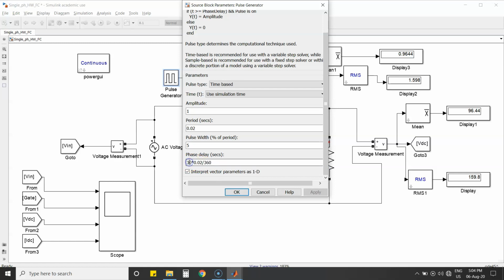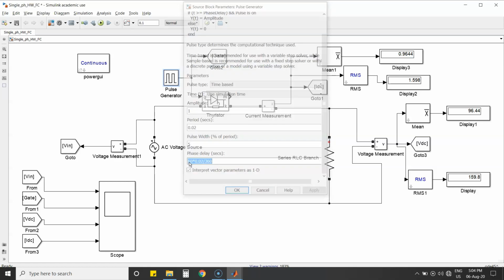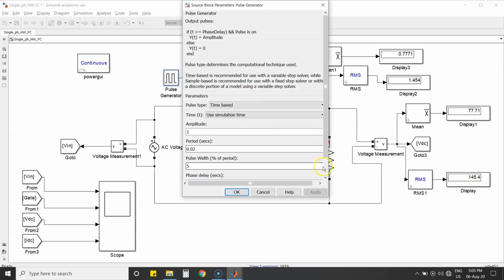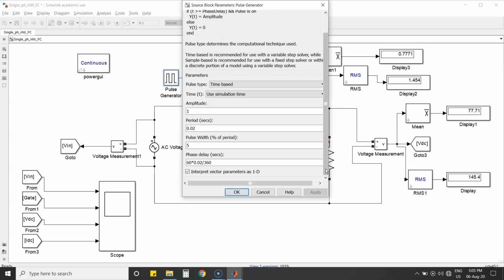Let us take the firing angle as 60 degrees. If the firing angle increases, your voltage and current automatically decrease, right? Now the voltage value is 145 and the current is 1.454. Similarly, if you want the maximum voltage, then alpha, the triggering angle, should be equal to 0.